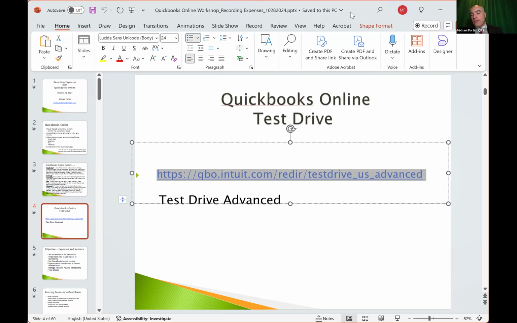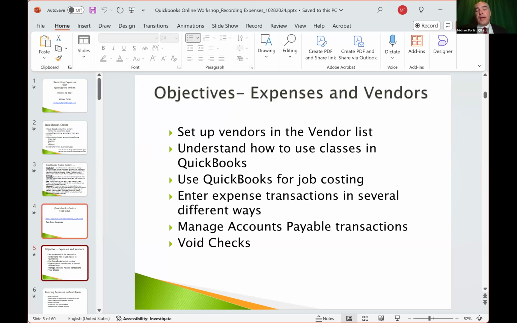Okay. So let's talk about the objectives of tonight, what we're going to cover in this workshop on expenses. We're going to work on setting up vendors in the vendor list. We will talk about class tracking, so understanding how to use classes in QuickBooks.